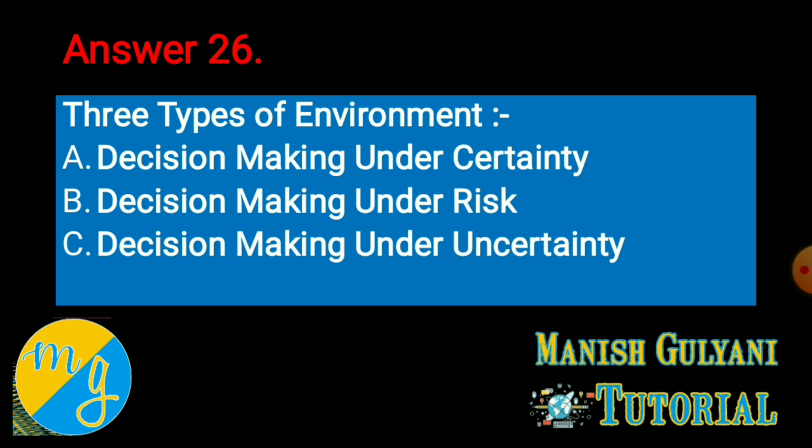In this type of environment, the decision maker has incomplete, inaccurate knowledge of each and every alternative, plus there are multiple possible outcomes of each alternative. So that's the difference from certainty. Under certainty, the decision maker has complete and accurate knowledge of each and every alternative, but under risk, incomplete, inaccurate knowledge. Second difference: under certainty there's only one outcome of each alternative, but under risk there are multiple possible outcomes of each alternative.